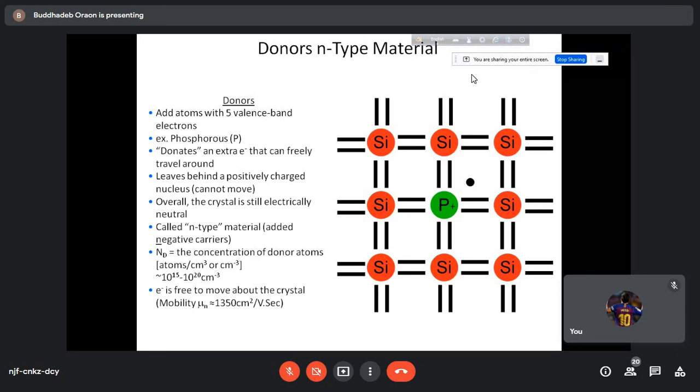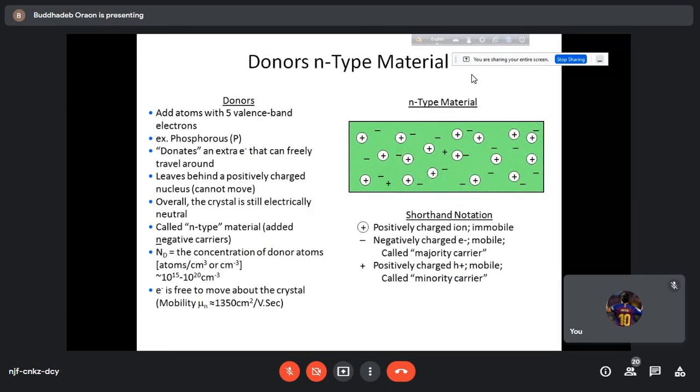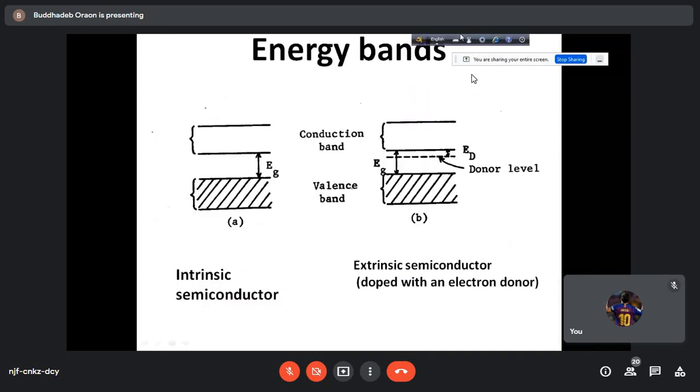So this is the N type. In order to get N type semiconductors, we dope phosphorus, and since phosphorus is pentavalent, we get one extra electron per phosphorus, and thus we get N type semiconductors. And when you are getting the N type semiconductors, what happens? The donor energy level actually gets shifted towards the upper side. And this is called the donor energy level.